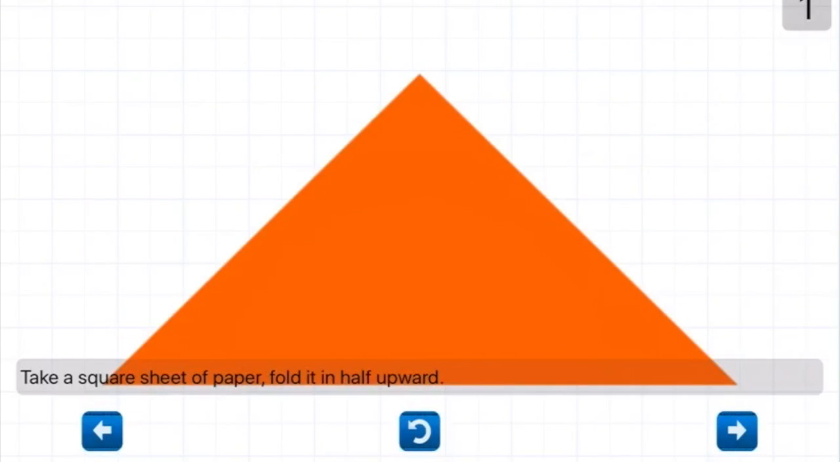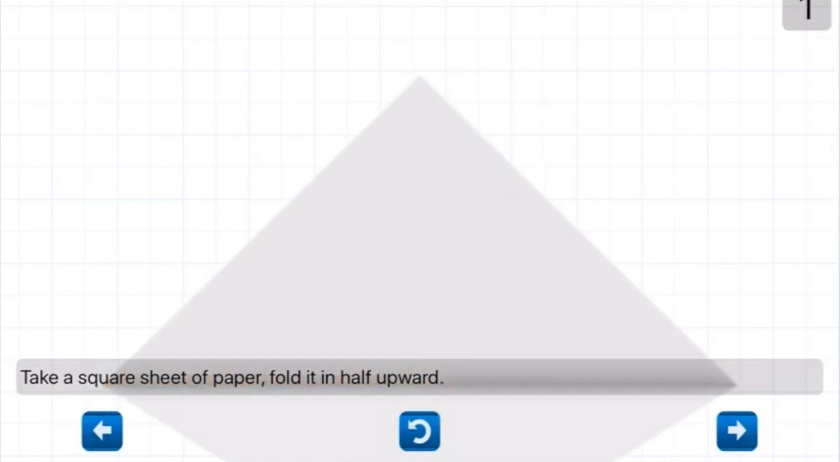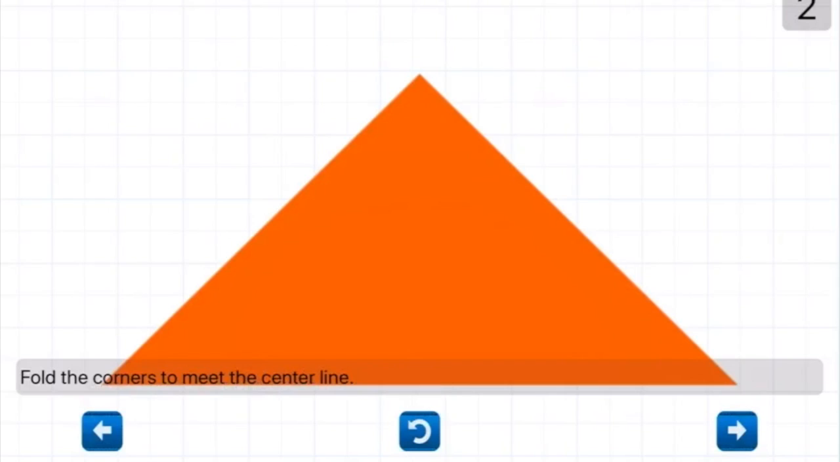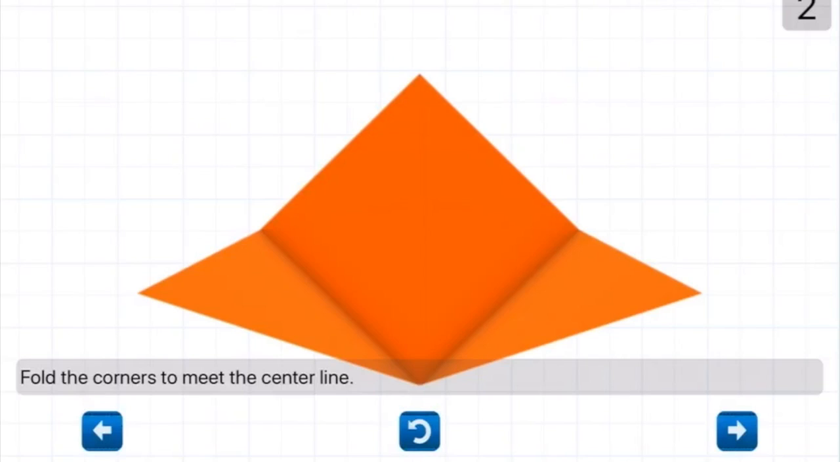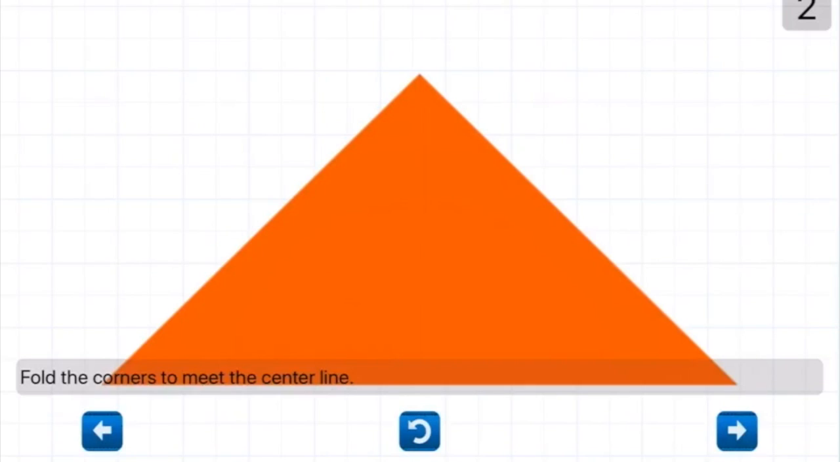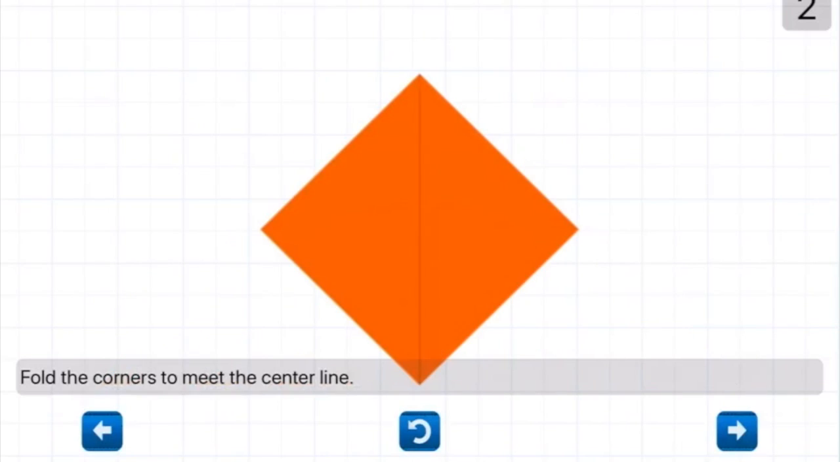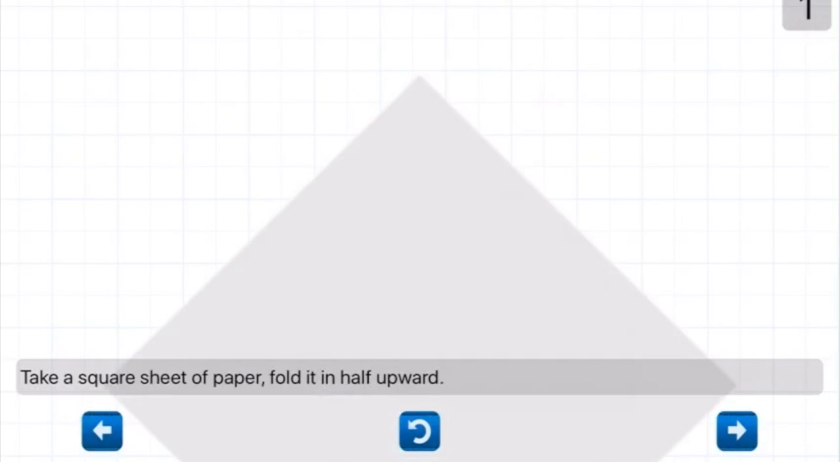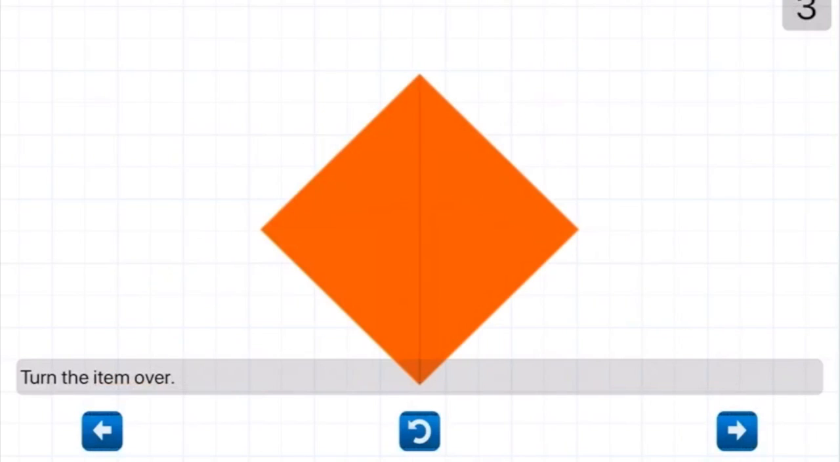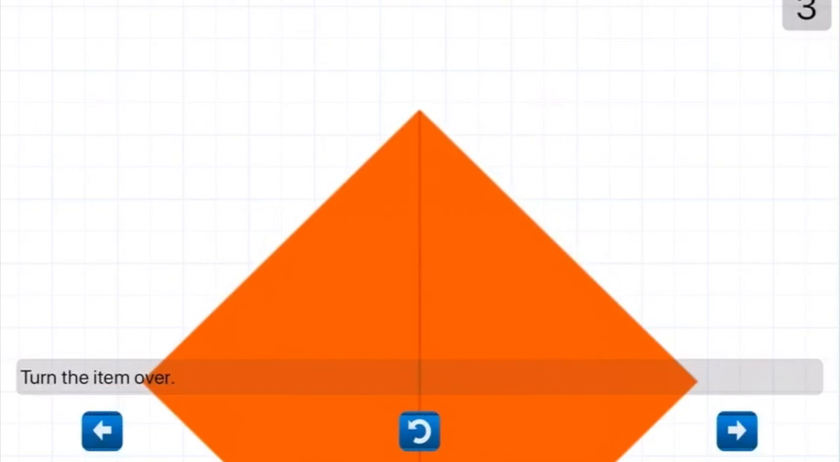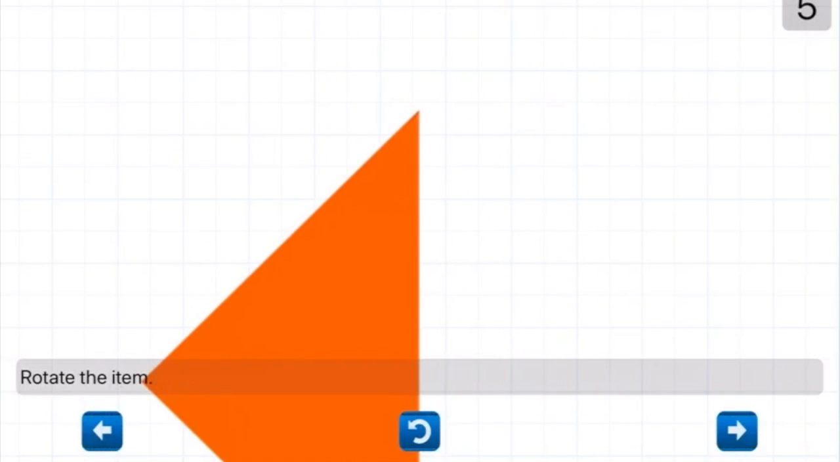There's also words on the screen that tell you how to fold the paper. When you are done with the step that's in front of you, you can hit the right arrow to move on to the next step. And again, if you miss the step, you can hit the spirally arrow to replay the step. If you ever feel like you made a mistake or need to go back, you can hit the left arrow to go back. Once you get to the end of all the steps and follow along, you will be able to see